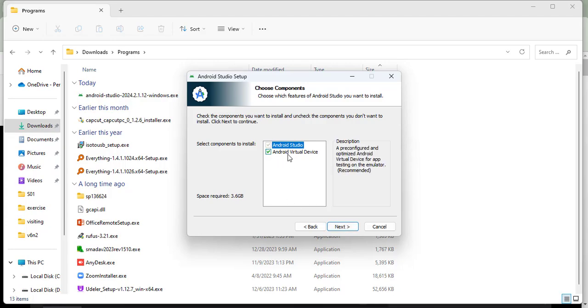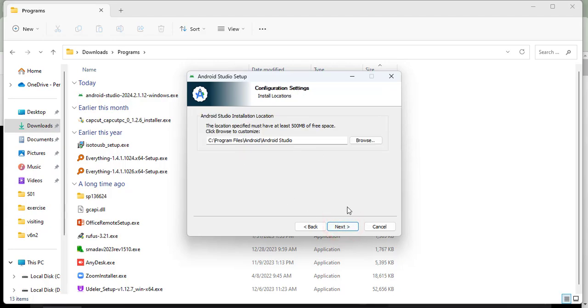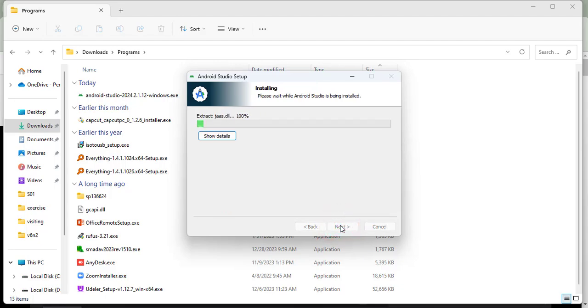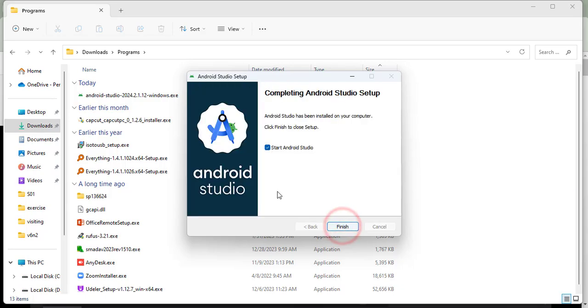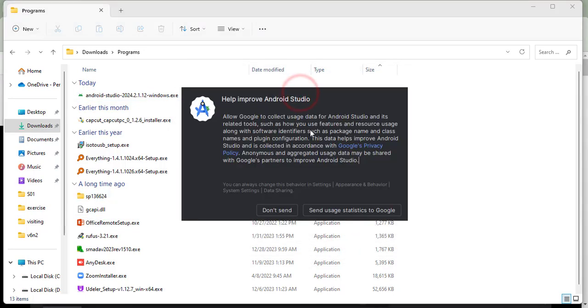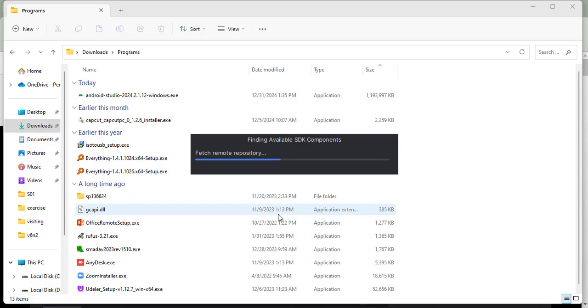So we are going to also install the virtual device, so I'm going to click on next. So no need to change anything here. Right, the installation is complete. Click on next. You can click on start Android Studio, click on finish, and you can click on the taskbar icon. We don't want to send any data, so I'm going to click on don't send,